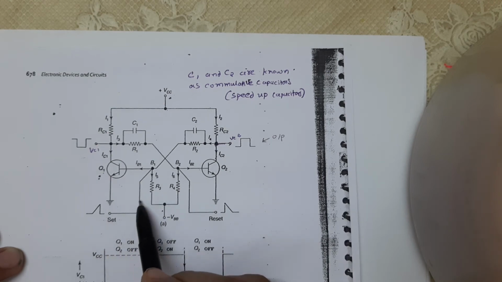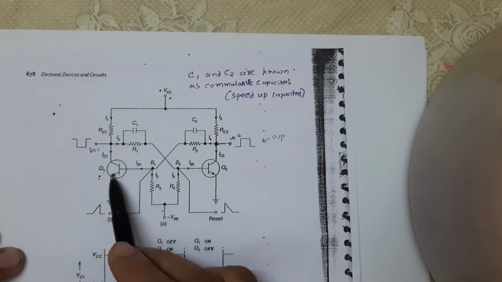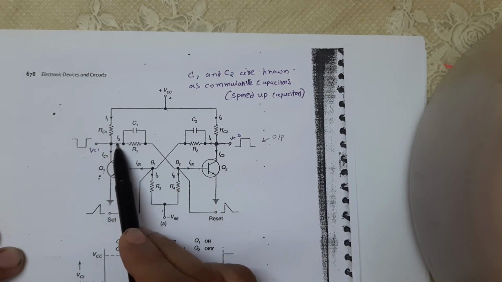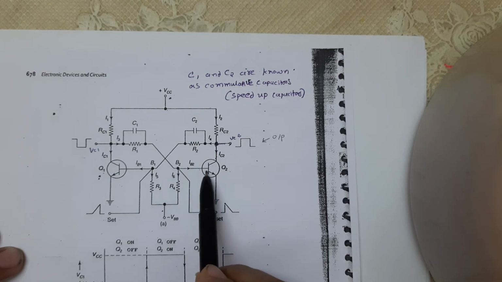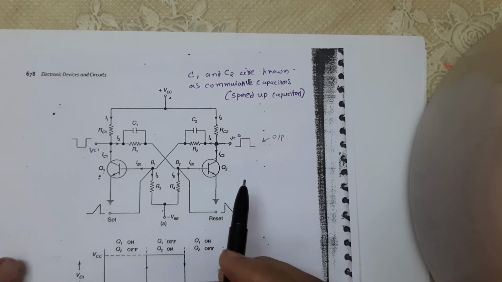This signal is applied to the base of the transistor here. So this is now in on condition. When this is in on condition, the voltage across this, that means Vc1, is decreasing. This is connected here to the base of Q2. So this voltage is too low to switch on Q2. So Q2 is in off condition.